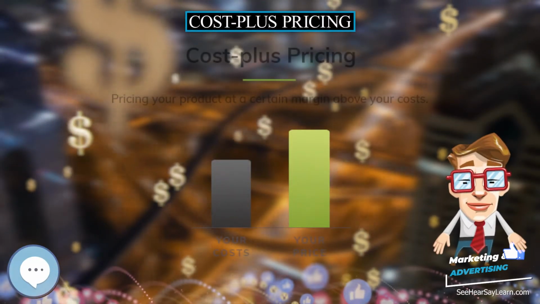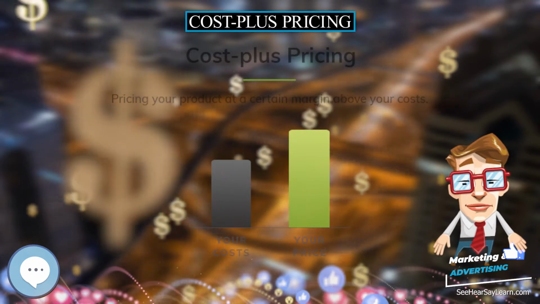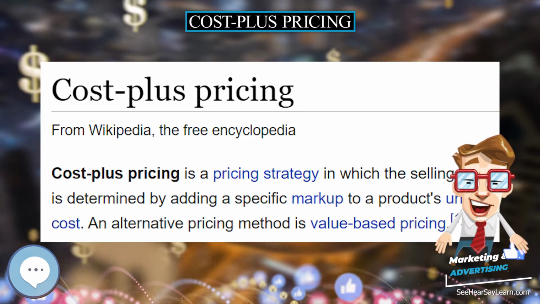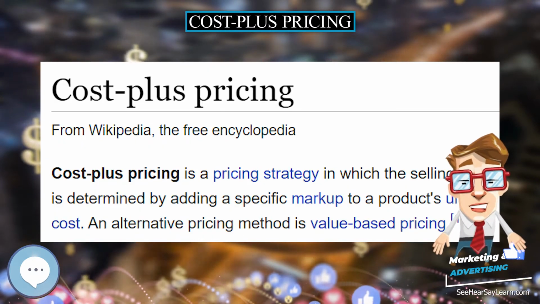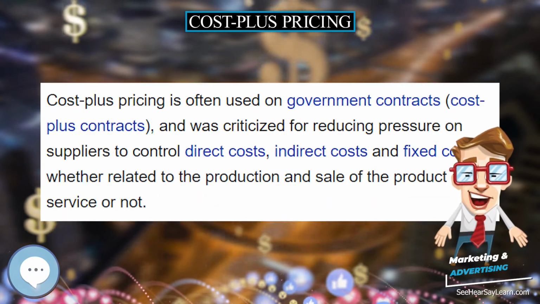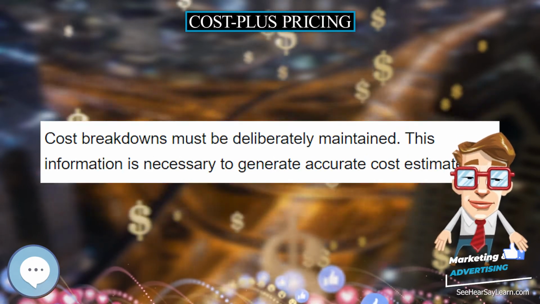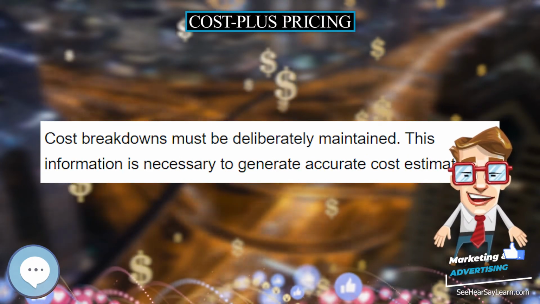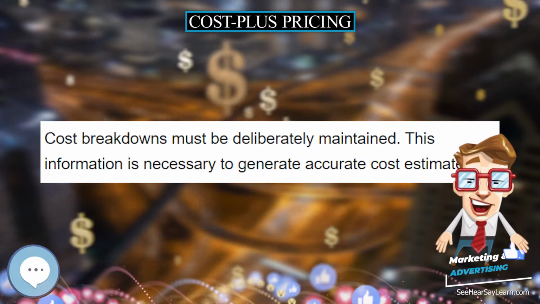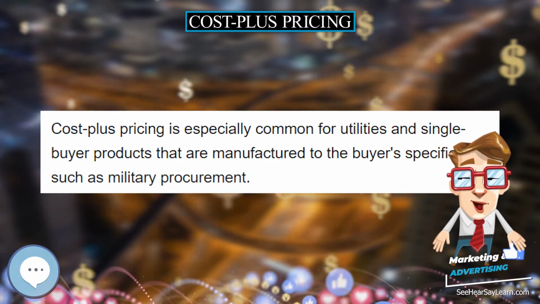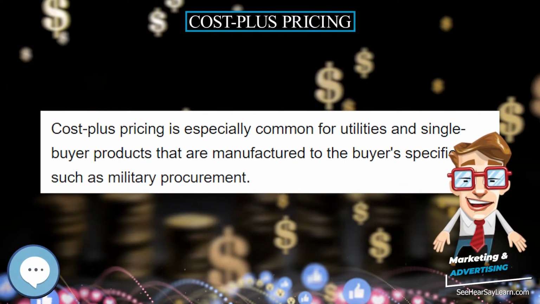Cost-plus pricing. Cost-plus pricing is a pricing strategy in which the selling price is determined by adding a specific markup to a product's unit cost. An alternative pricing method is value-based pricing. Cost-plus pricing is often used on government contracts, cost-plus contracts, and was criticized for reducing pressure on suppliers to